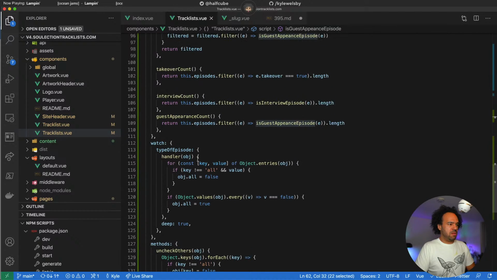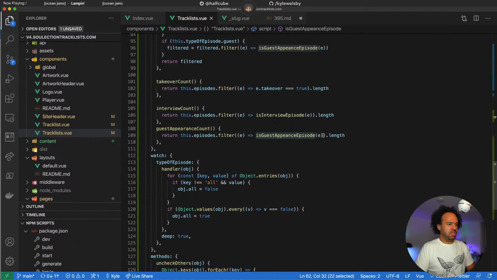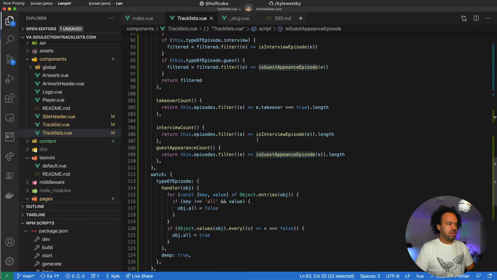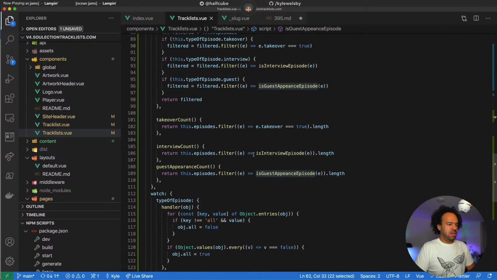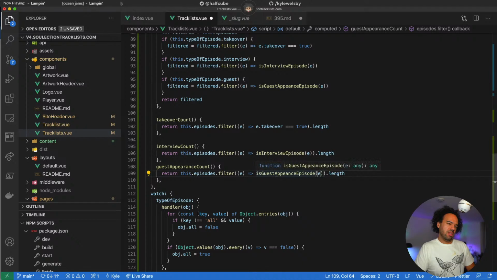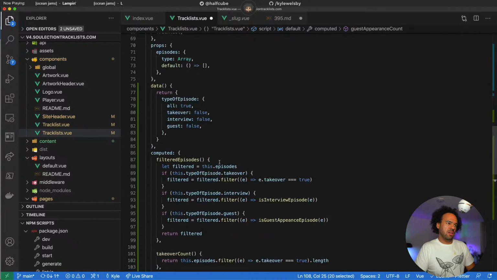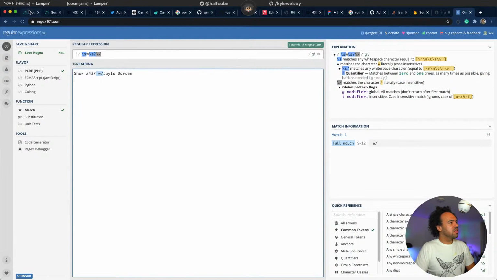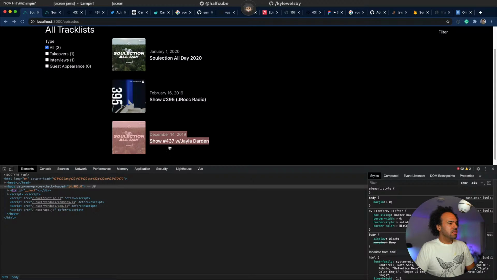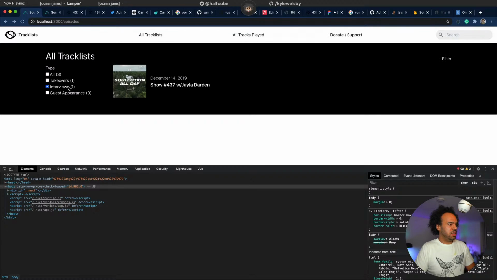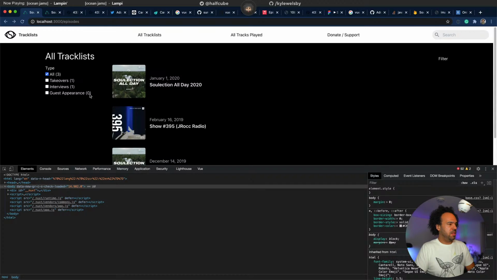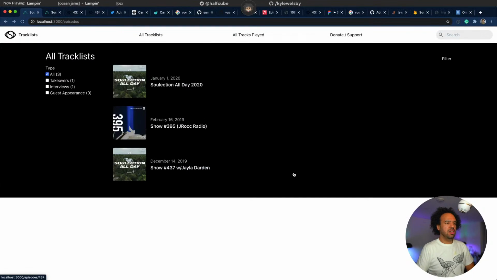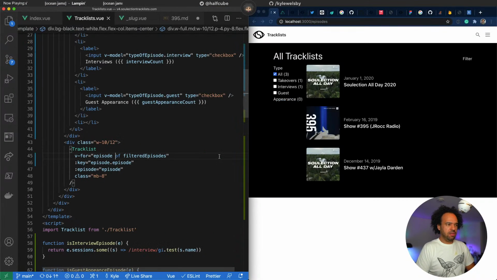So why has that not worked? Filter episodes which contain that. That should have persisted in there. Get rid of that panel. Let's open up side by side. Probably easier.